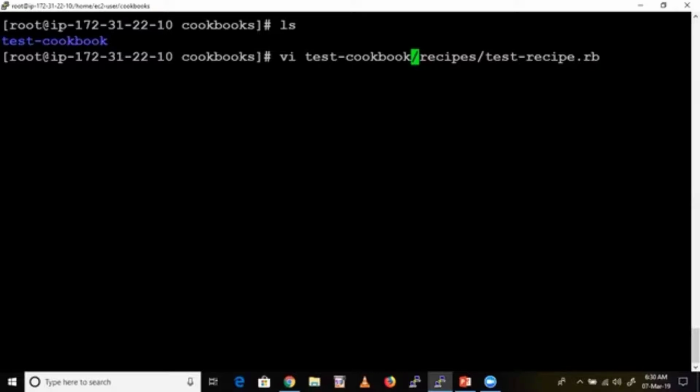Simply we can make use of tab. Here, test cookbook. Now inside we have a folder called recipes, and inside that we have a recipe called test recipe. Like that, we need to give the path, so that you need not go inside the recipes folder every time to open that one.